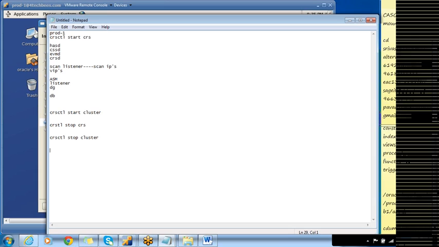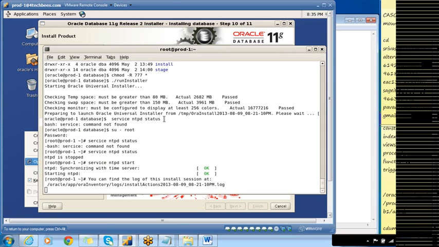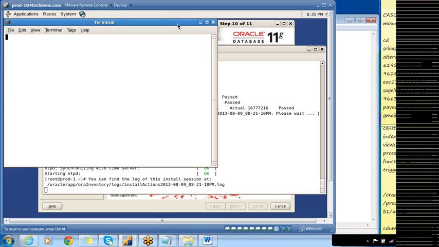Next, if you want to check the status of the scan listener, and once you install this RAC cluster on your laptop, whenever you want to bring up the servers, first start prod1 or prod2.